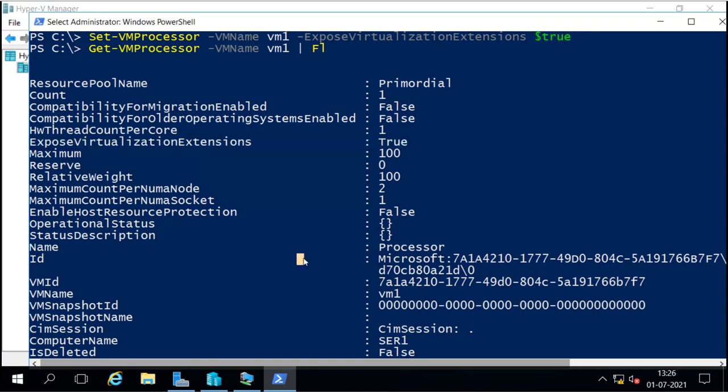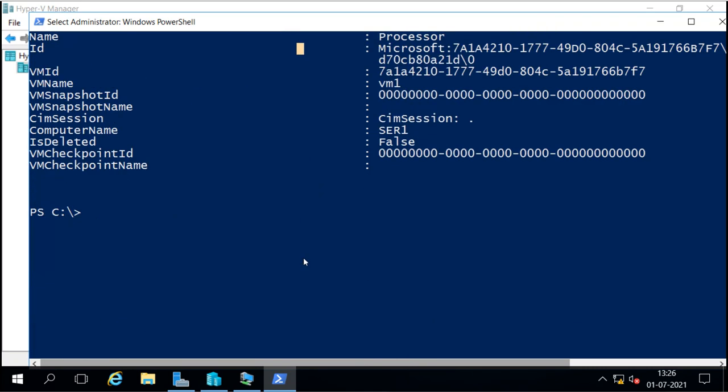Now we have to disable the dynamic memory. For that we can run the command Set-VMMemory for the virtual machine name VM1, and we have to set the dynamic memory enabled to false. Now we can do this from virtual machine setting also.